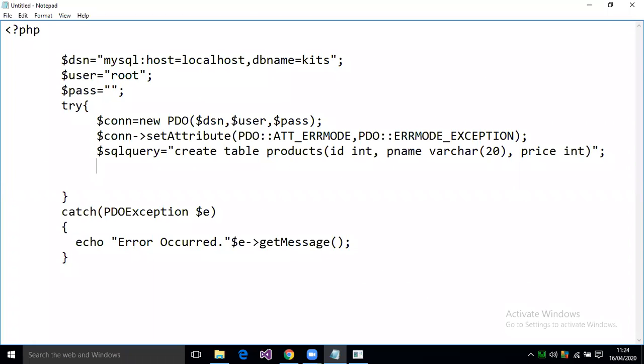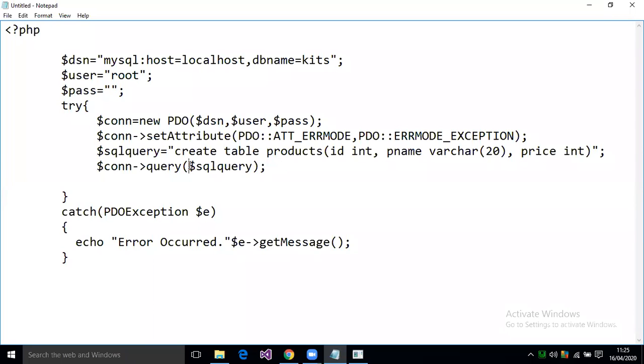So I use the connection object and execute the query with the method called query, which takes a variable or a string and tries to execute it. It returns whether the query has been successful or not.